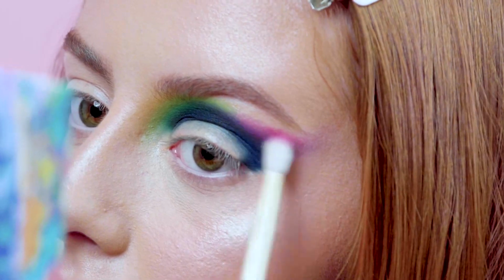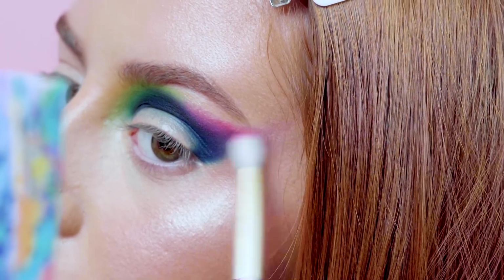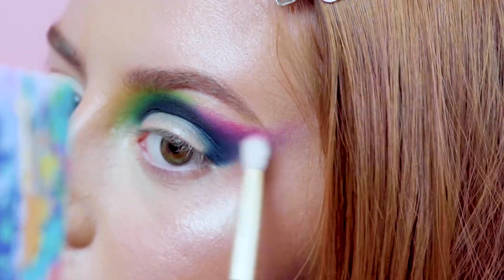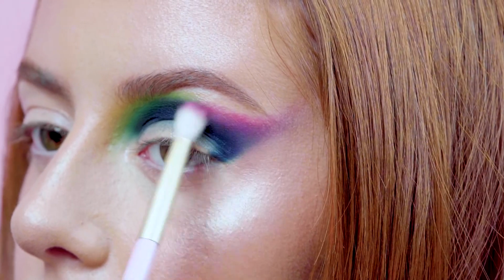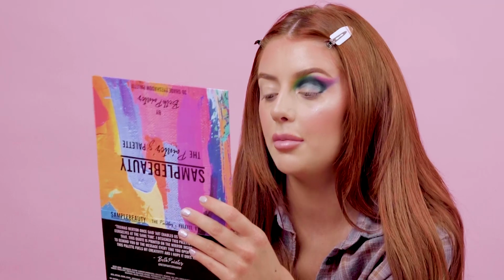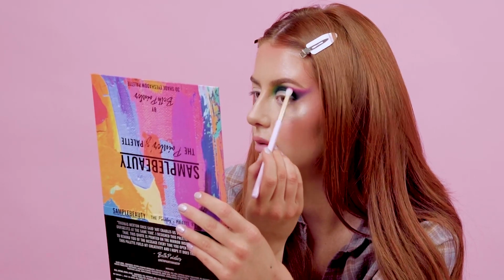My mum's literally been my best mate all my life, so when I told her I was doing this, she was like, I want a shade. I was like, you're gonna have more than one shade. So my mum's got 2 shades out of the whole palette. But yeah, my mum's been a huge support system for me through my life. So I wouldn't be the person I am today without her. I think everyone feels like that about their mum though, but yeah, she's amazing. Everyone's like, no, my mum's the best. But my mum is the